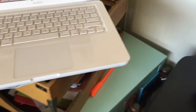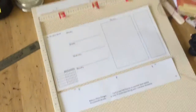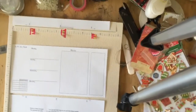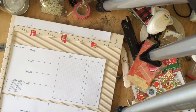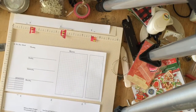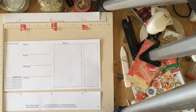So again, those are Lady V Designs. And then I'm going to flip over here past all my crafty mess to show you my other inserts, because I ordered these from Rebecca Myers Designs. Sorry, I said Debbie, but I know someone named Debbie Myers. Rebecca Myers Designs, and I used my big giant